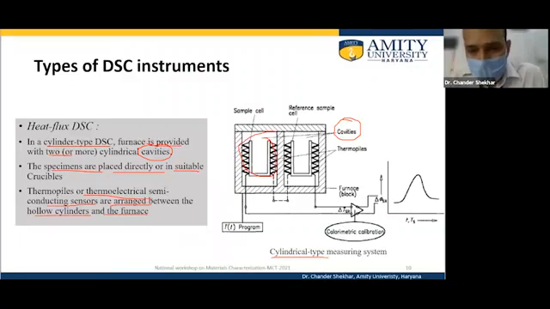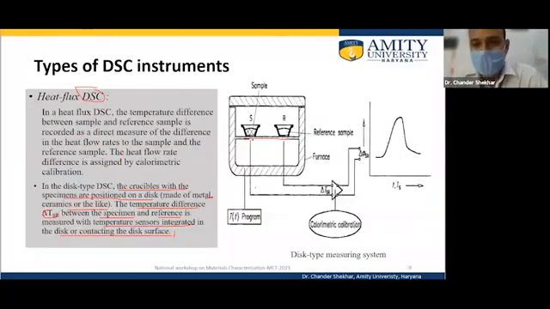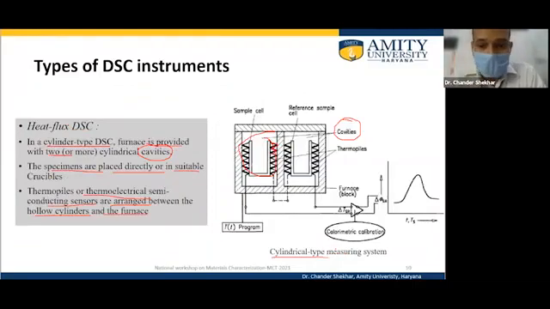So what you will look at, the zigzag pattern, is the arrangement of the thermopiles. In the earlier case, the disk type heat flux DSC measuring system, there are thermocouples, and in the case of the cylindrical type heat flux DSC, there are thermopiles. Because of their more contact area, more contact points with the cavity, thermopiles are more sensitive,